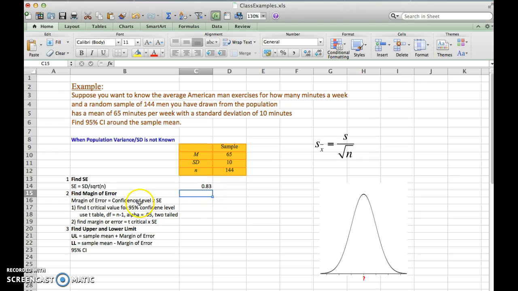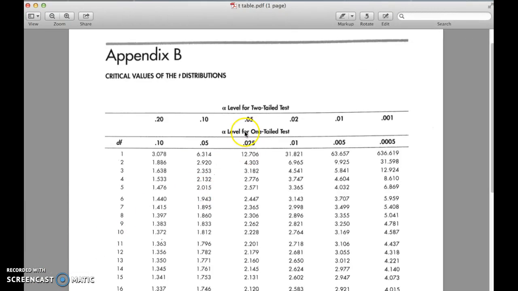And next, to find the margin of error, we'll find the t-critical value. We'll use the t-table. Degrees of freedom is 144 minus 1, that's 143. So in the t-table,